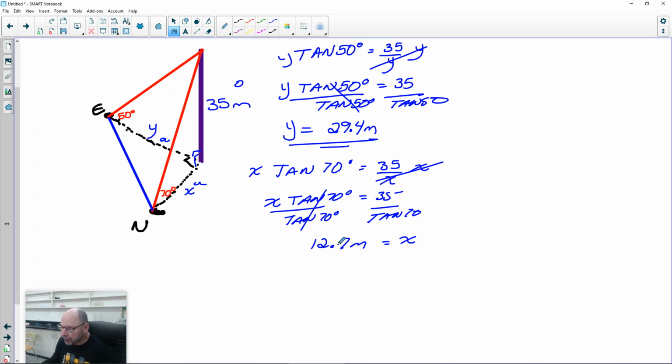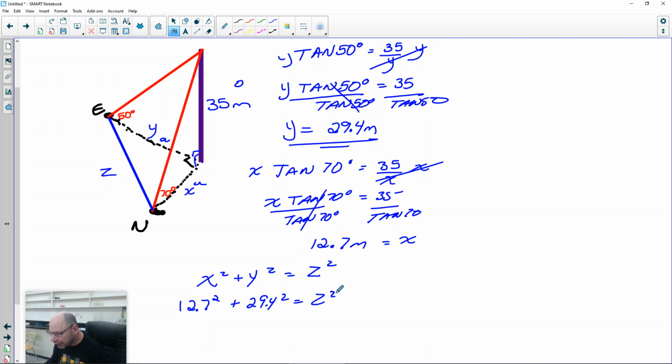So now we have both sides x and y. So we know that x squared plus y squared equals, and we'll call this one z here for the distance between the two points. So that's just Pythagorean theorem. So we're going to go 29.4 squared, or sorry, 12.7 squared, that's x, plus 29.4 squared equals z squared. Okay, so take a calculator, go 12.7